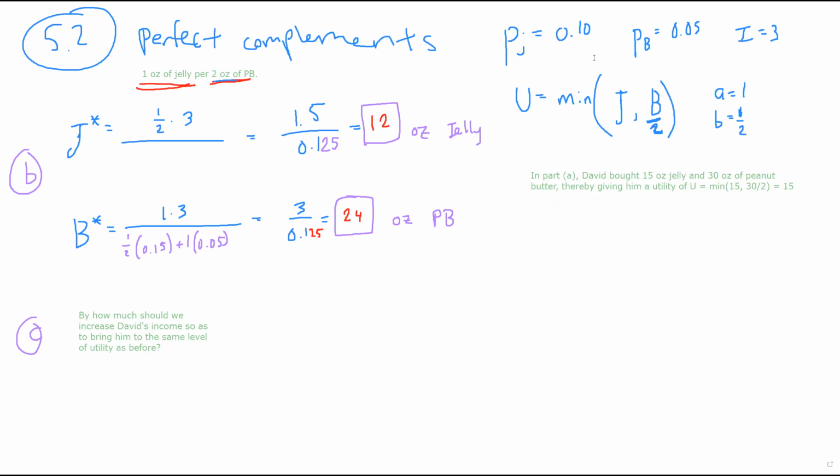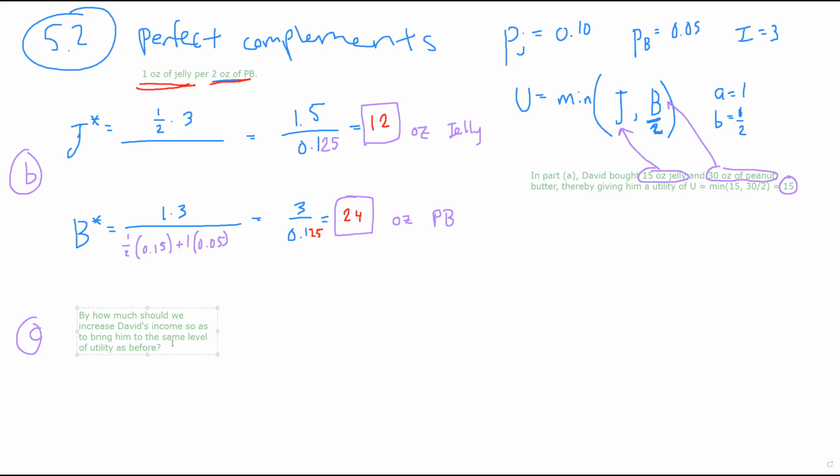All I did to get this number was take the old values of jelly and peanut butter, 15 and 30, and put them into the utility function. So at that point, his utility was 15. This is what we're going to use in our expenditure function. When we had a question like this before, almost an hour and a half ago,